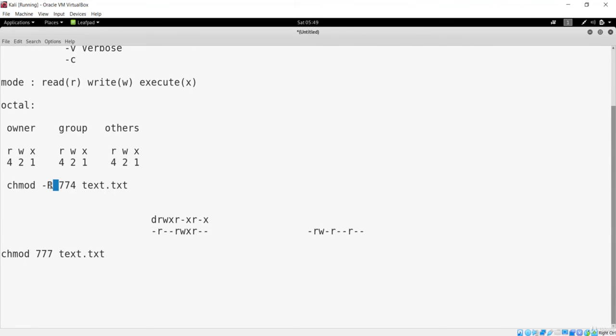which means we are making these changes in recursive mode. 7 means this file can be read, written and executed by the owner. Another 7 means this can be read, written and executed by the file group, and only 4 means it can only be read by other users, they cannot write and execute. Let me copy this